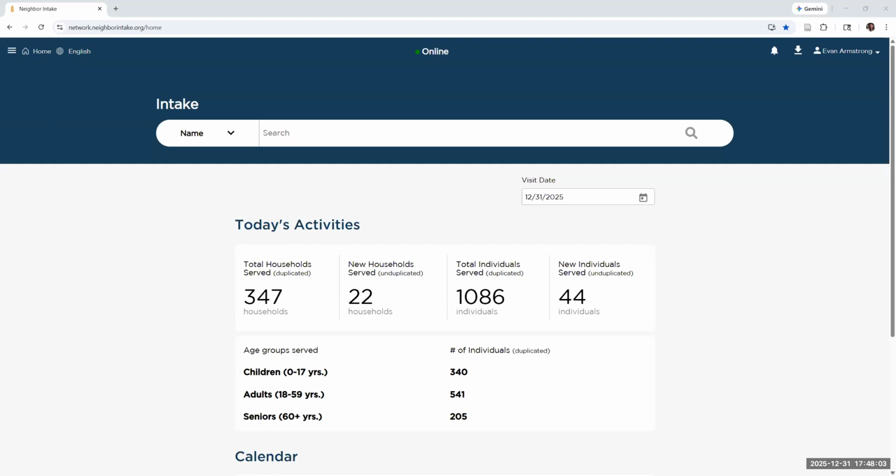So today I am showing you how to edit neighbor records or mark a neighbor record as a duplicate without adding a service. So let's get into it then. Starting off from our homepage here,